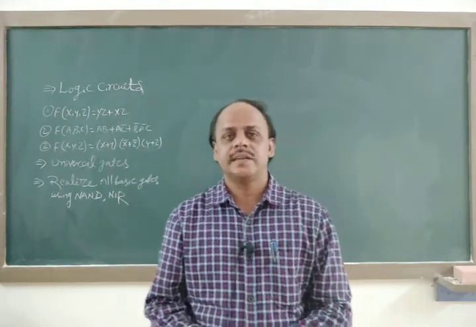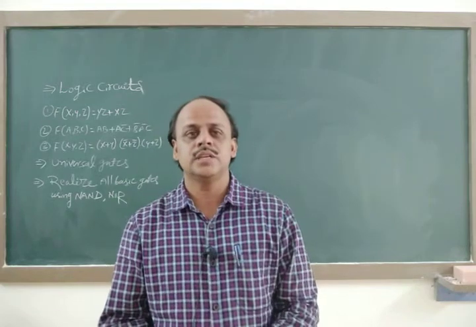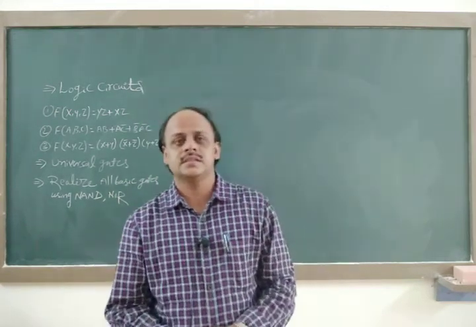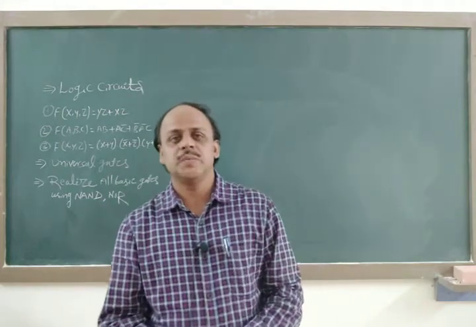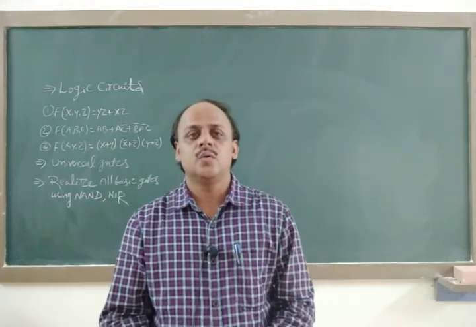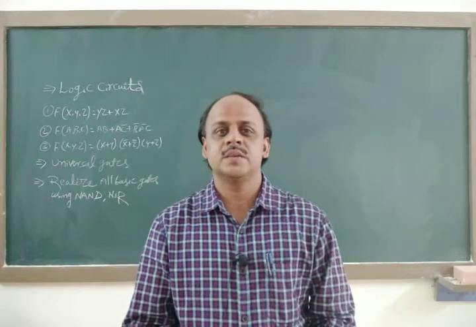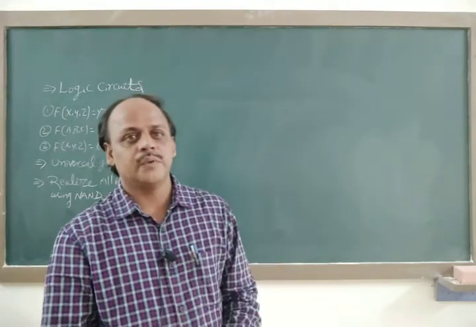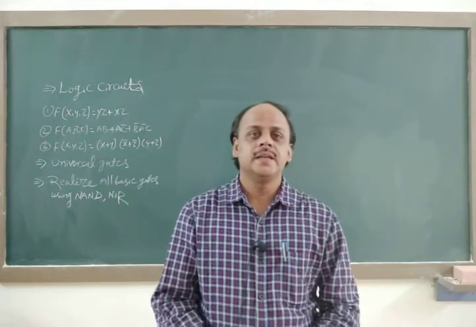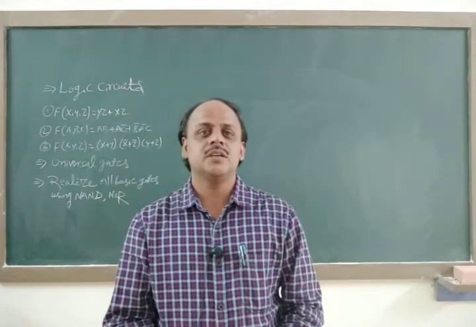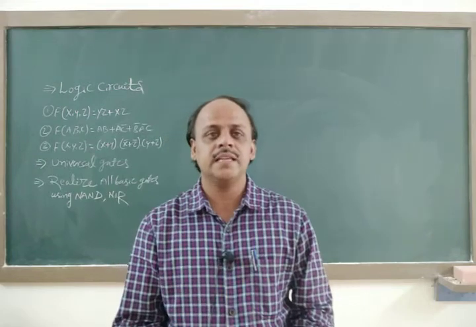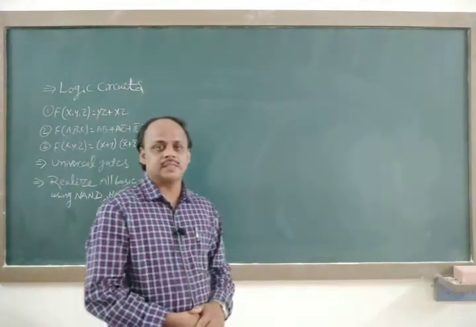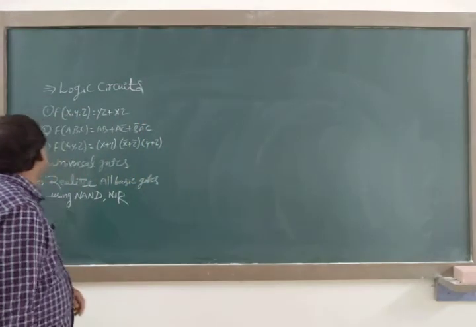Last class we started a chapter called logic, basic logic gates. In that class we discussed what is meant by a logic gate, how gates are classified, that is the basic logic gates and derived gates. Afterwards we discussed each gate definition, logic diagram as well as truth table. So today we are going to discuss these three topics.